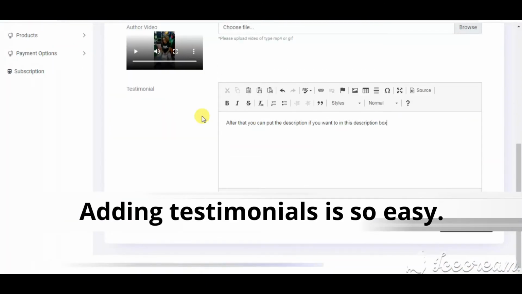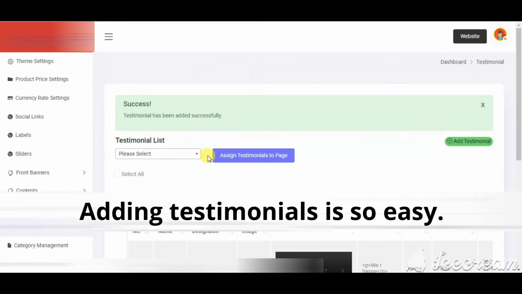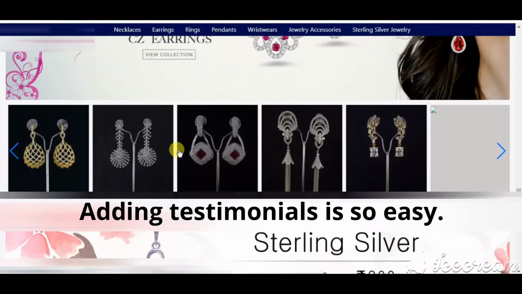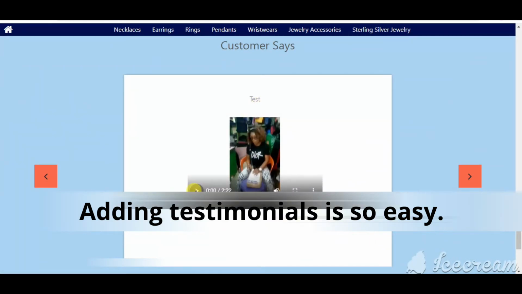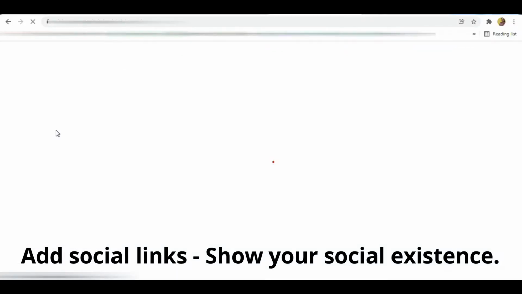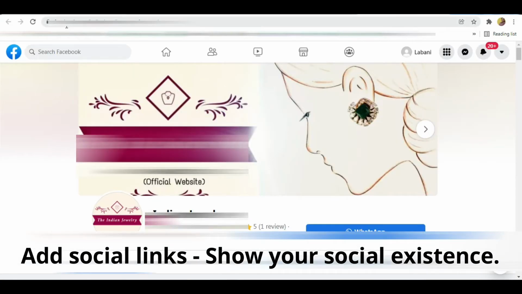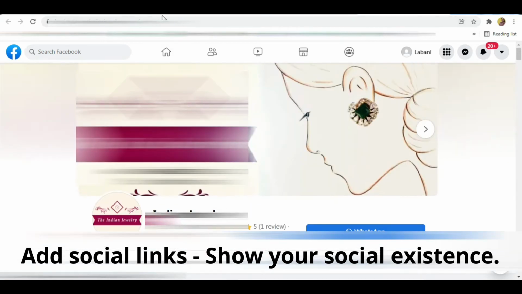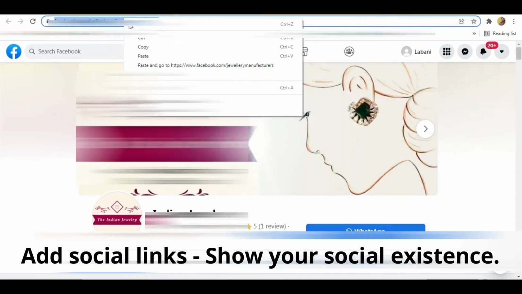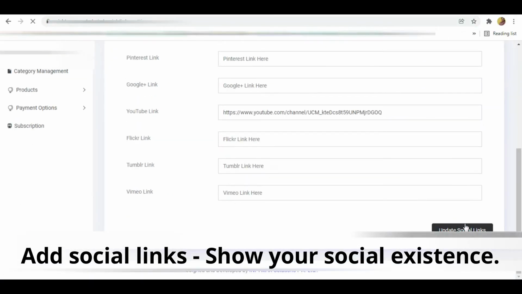The whole idea of this backend of the website is to make it as simple that a non-technical person can control the website without any support from anyone. Connectivity is the key to marketing these days. If you have a regular and interesting presence at these social places, you can win many battles against your competitors. Now you can add your multiple social links on your website. Just copy and paste the links at the back end. It will be displayed here.